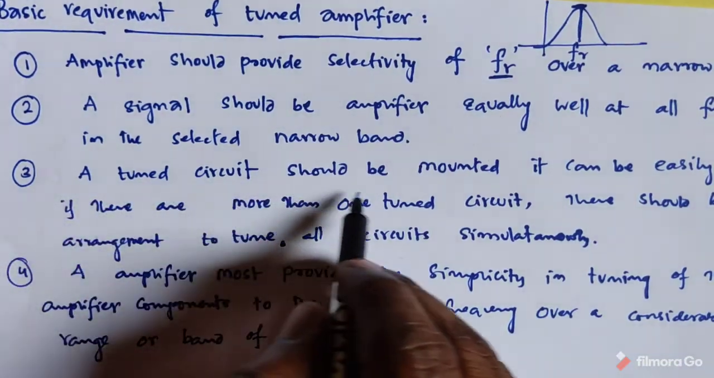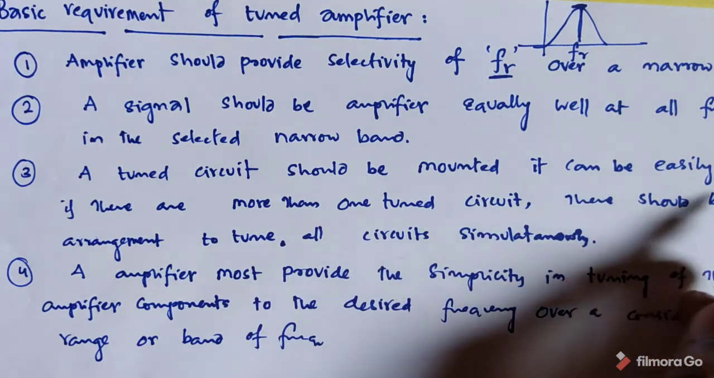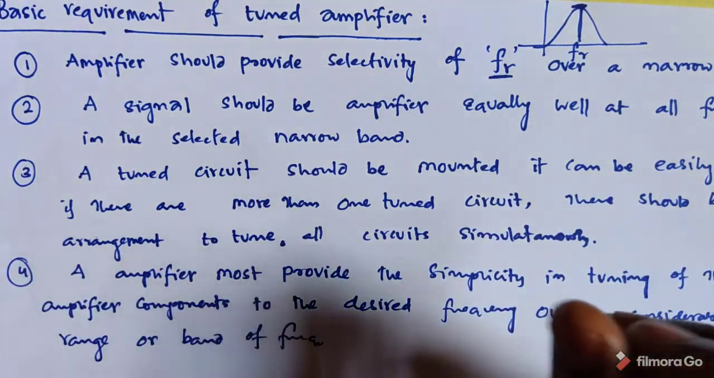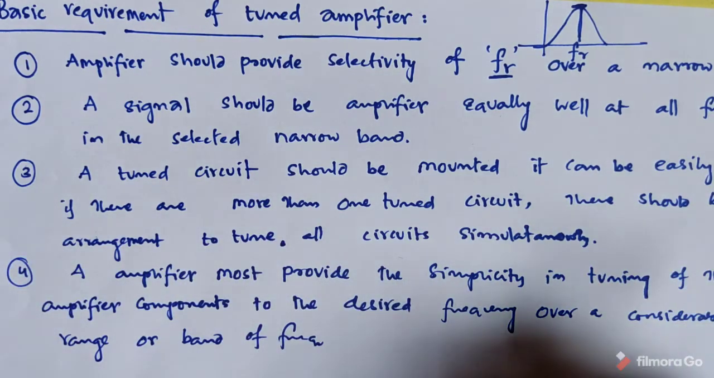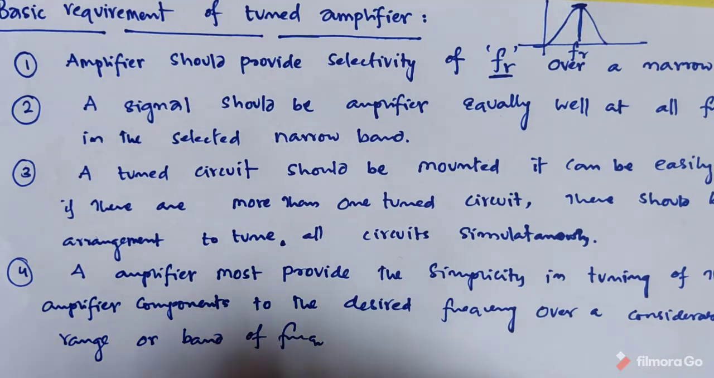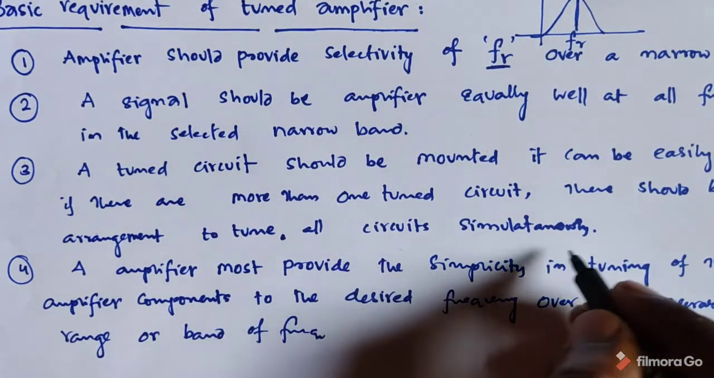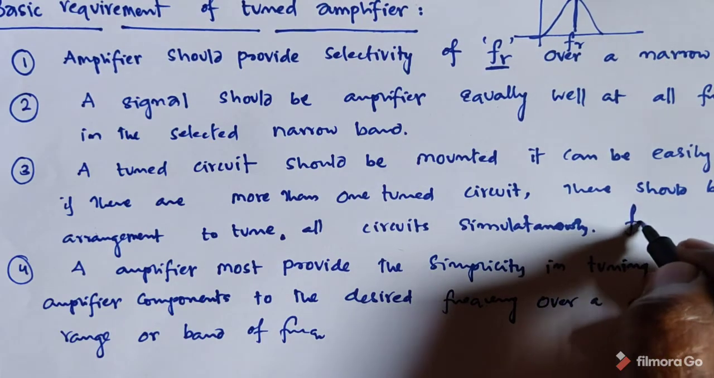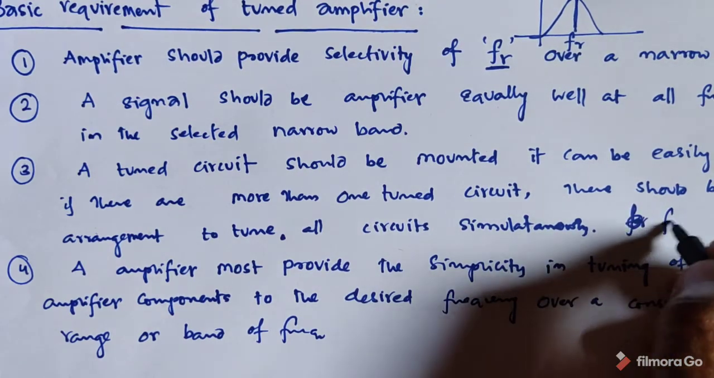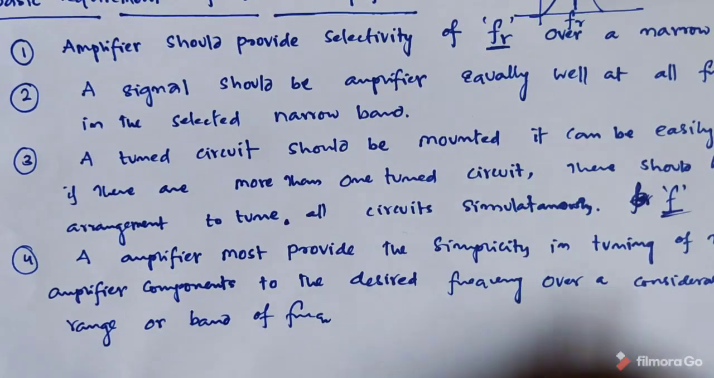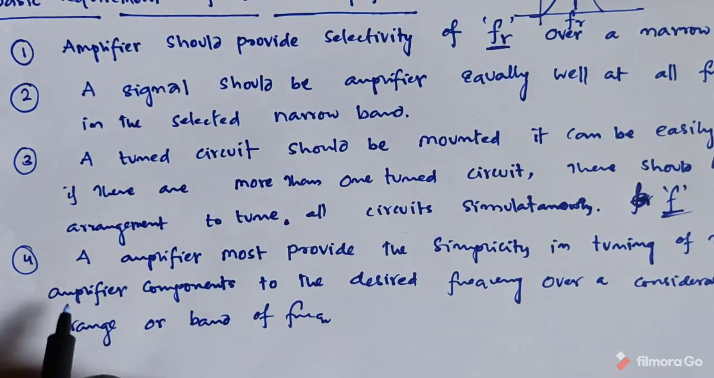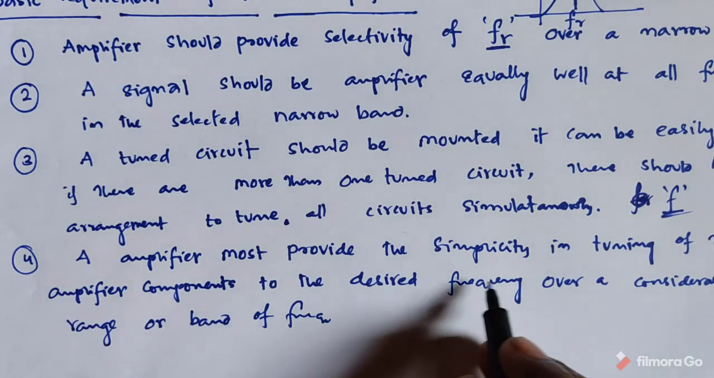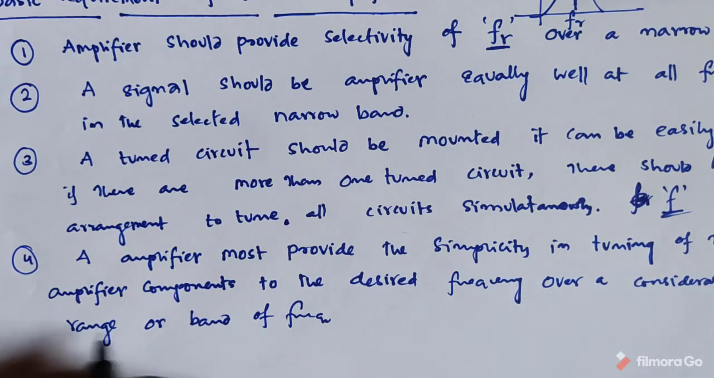A tuned circuit should be mounted so that it can be easily tuned. If there is more than one tuned circuit, there should be an arrangement to tune all circuits simultaneously. We have to use this type of tuning, that is, only that frequency, based on the reactance of the inductor and capacitor. The amplifier must provide simplicity in tuning the amplifier components to the desired frequency over a considerable range or